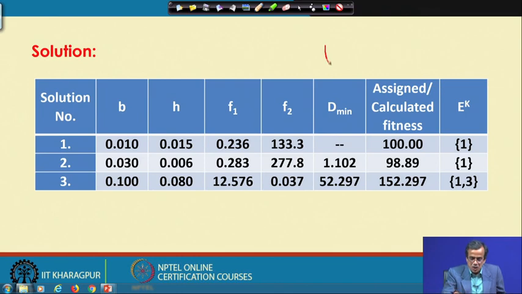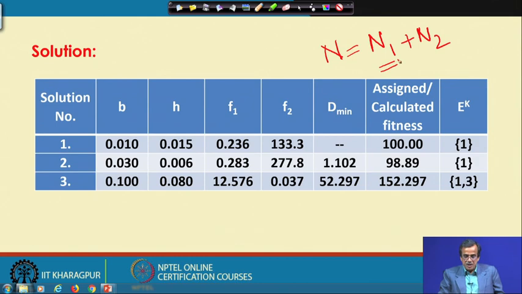Supposing that the total population size is denoted by n, this population is divided into two subpopulations, n 1 and n 2. n 1 is going to contain all the solutions on which the GA operators are going to operate, and n 2 is another subpopulation that contains all the non-dominated solutions, with the help of which we can find the Pareto optimal front. Now, the way it works,